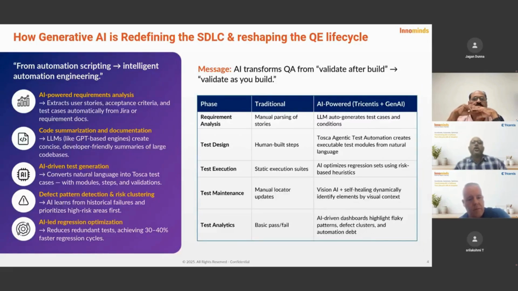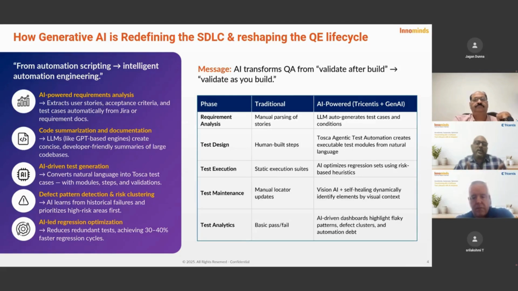So how is generative AI, a part of AI, transforming or reshaping quality engineering? We could use AI almost at every phase, right from requirement analysis and test generation. You can even use AI in defect pattern detection, regression optimization, and code summarization, meaning automation code summarization. So how do I use AI in requirement analysis?